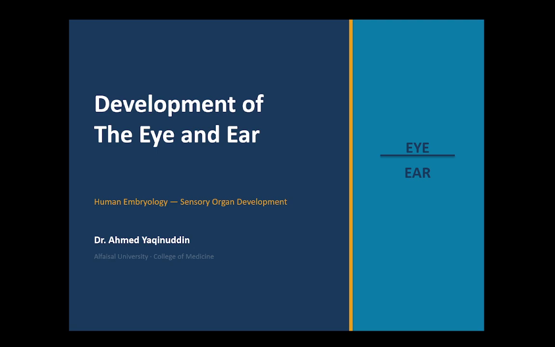So this is probably the last session of the year. So not very high yield: development of the eye and ear. We will just go briefly through the development of the eye and ear. It's a very specialized area. We will just go into a brief embryological development of both these structures, eye and ear, and you already know the anatomy of the eyeball as well as the parts of the ear. So I would assume that you understand the basic structure. So